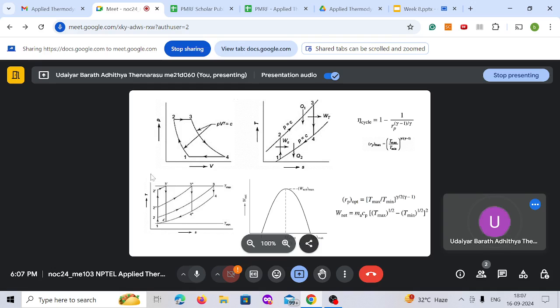But if you see the area under the curve, the area under the curve decreases when your pressure ratio or compression ratio is increasing. So when your net work done is low, what it says is, compared to the first pressure ratio cycle 1, 2, 3, 4 and 1, 2 dash, 3 dash, 4 dash, you require a higher mass flow rate to get the same amount of work as generated using the lower compression ratio cycle. So when your mass flow rate is increasing,